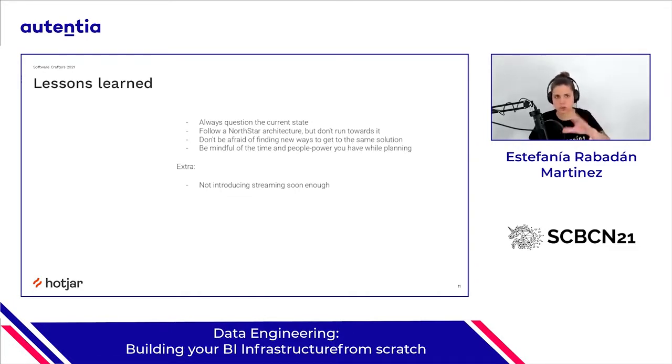So when I mentioned the 3 areas of engineering, I mentioned batch, streaming, and machine learning. The thing with streaming is that sometimes it's harder to maintain, in the sense that if a batch processing fails, you see that the next morning, you fix it, you run it, that's good. If streaming fails, you need to be on top of that. So that's why people are always a bit scared of introducing that sooner.